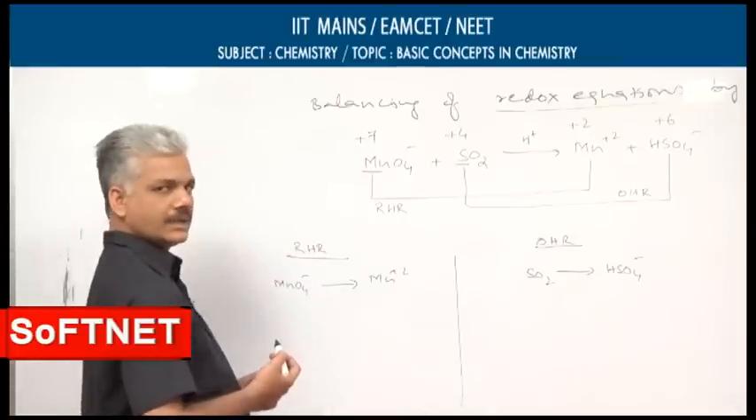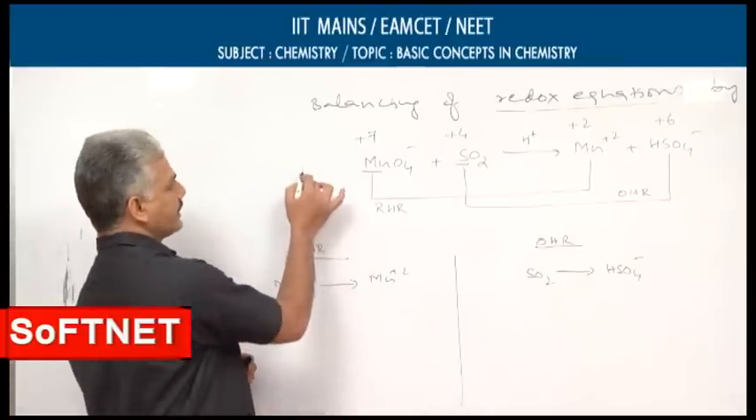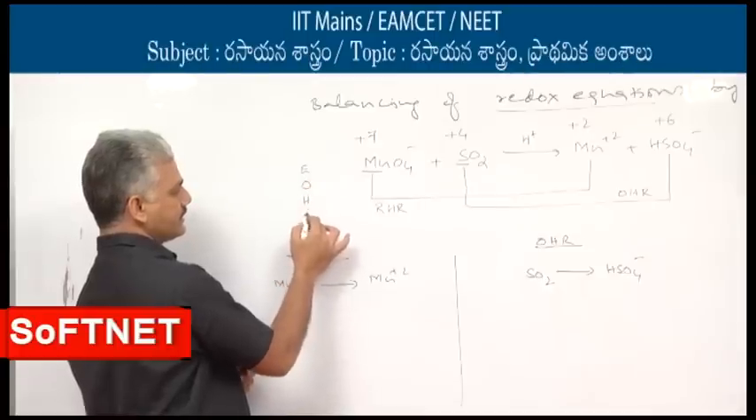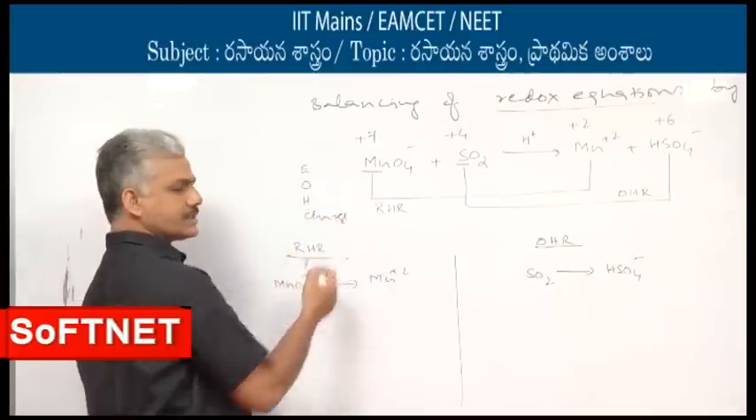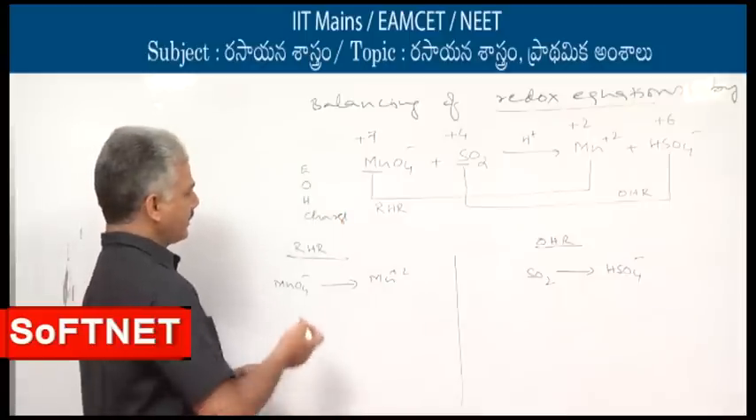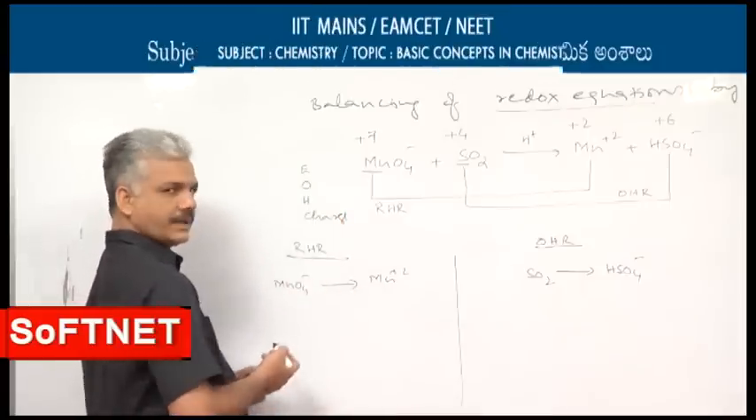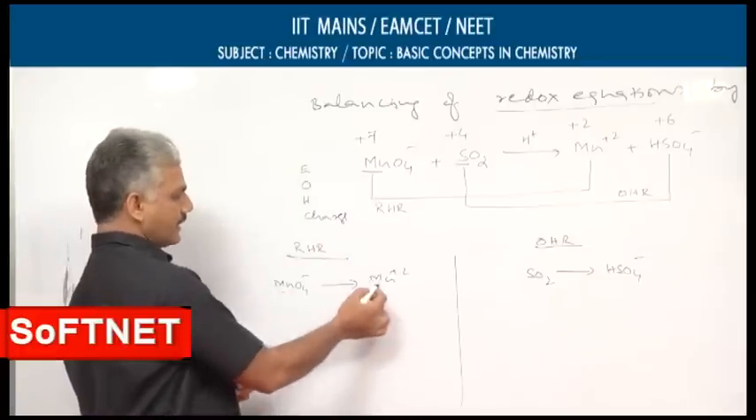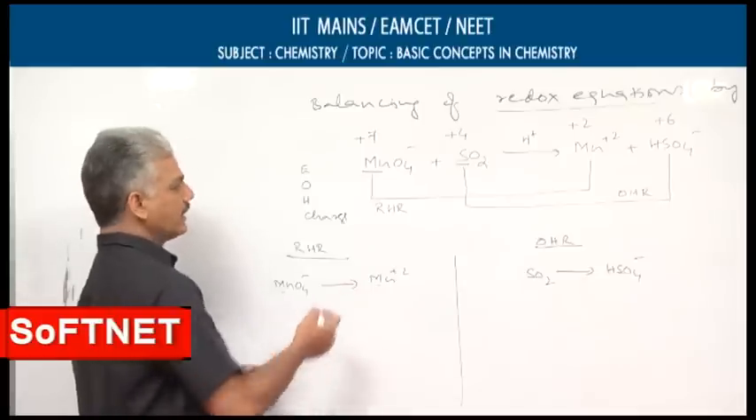The order of balancing of equations is: element other than oxygen and hydrogen, oxygen, hydrogen, and finally charge. This can be used in the form of a checklist. Now, in this half reaction, the element other than oxygen and hydrogen present is manganese, which is already in a balanced